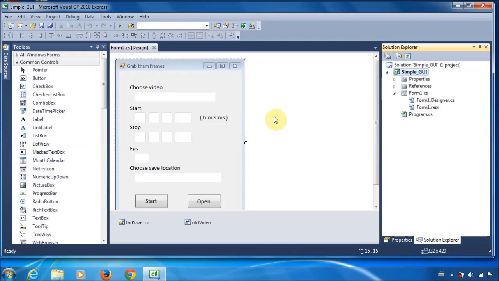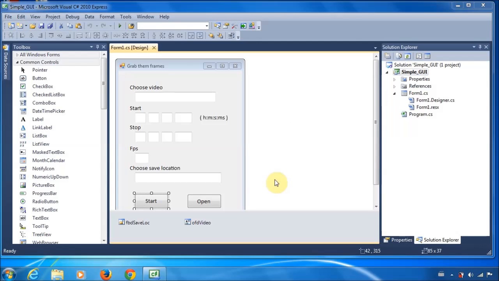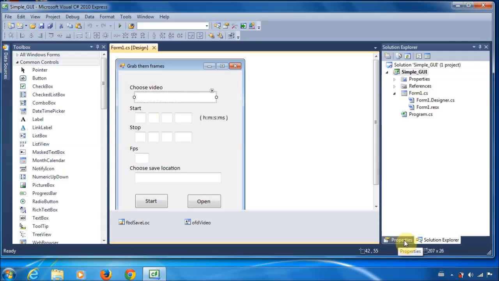pretty much the coding part of it, the programming part. We will use the form to generate 4 functions for us automatically. So we can just go ahead and do that. The first one will be we want the open file dialog to come up when someone clicks on this text box. So if we go to the properties window,